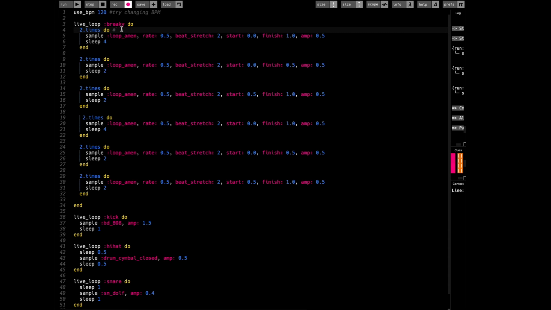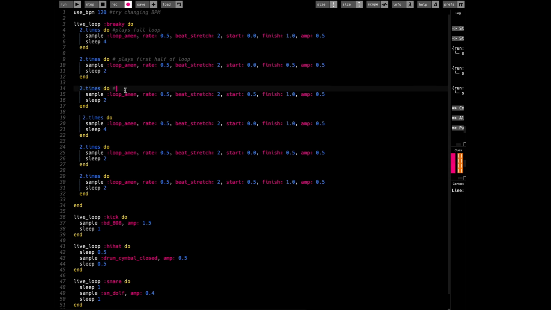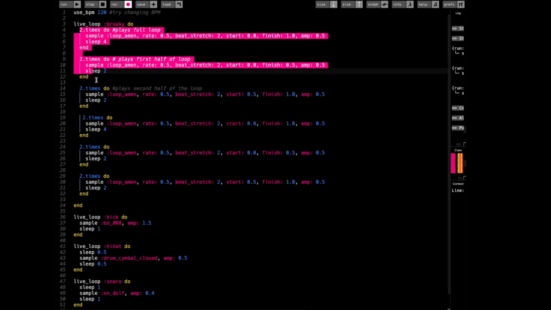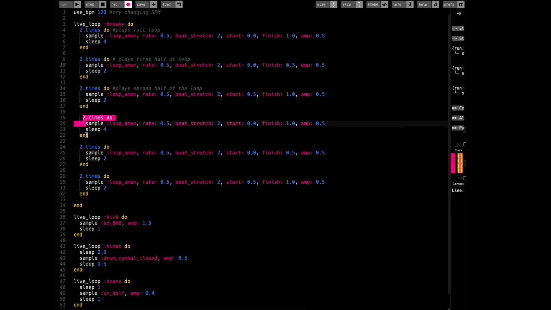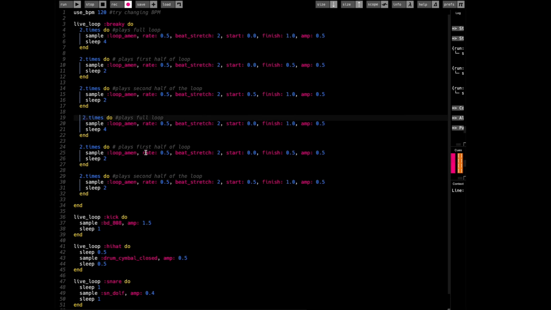So we might say plays full loop. Plays first half of the loop, and then here plays the second half of the loop. Now we can copy it with the comments, overwrite those. So here it's going to play the full loop, here it's going to play